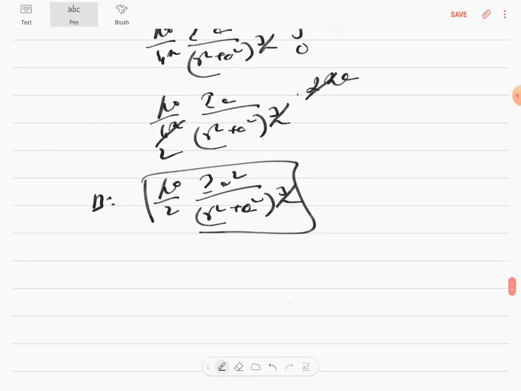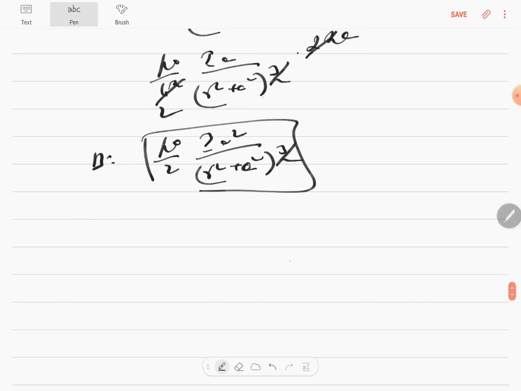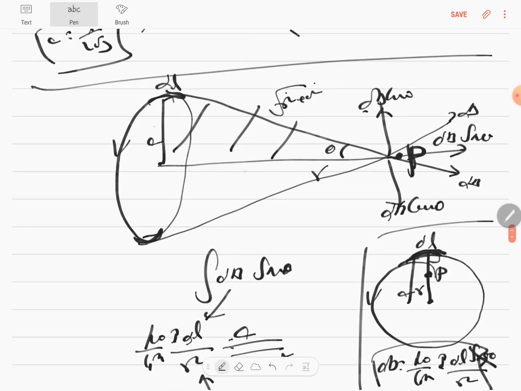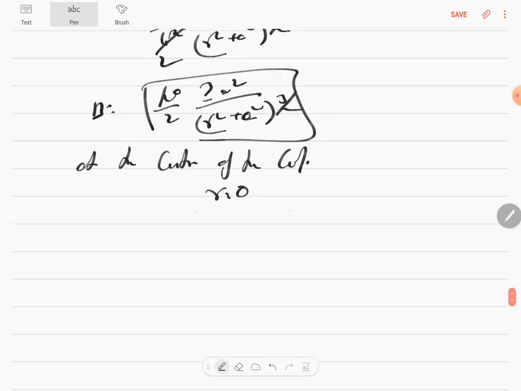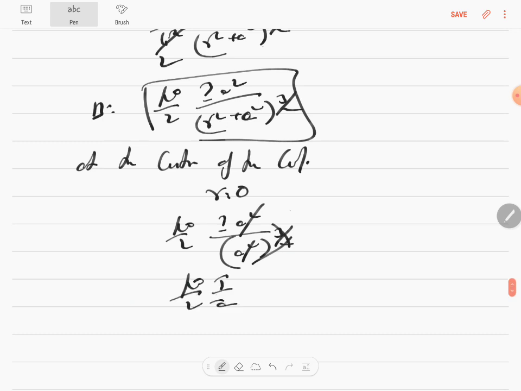And next is supposing at the center of the circular coil, you know r is equal to 0. The position vector r will be 0 if it's going to be at the center. So if you substitute that, r is 0, you will get mu naught by 2 into I a square by a square whole to the power 3 by 2. 2 and 2 get cancelled, a square and a cube get cancelled. Mu naught by 2 into I by a